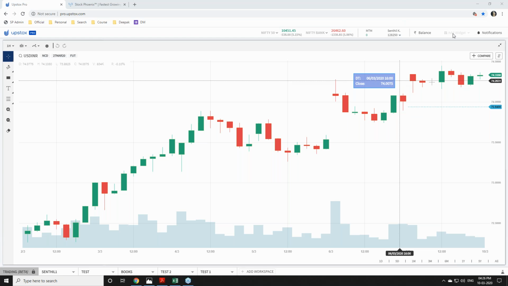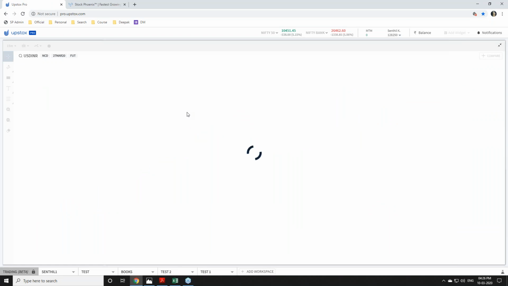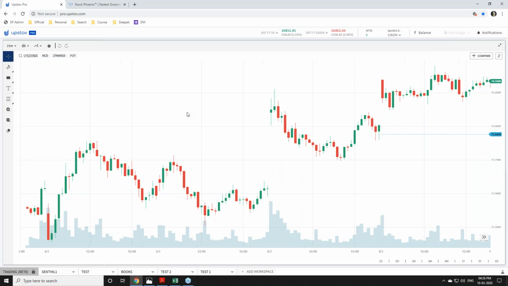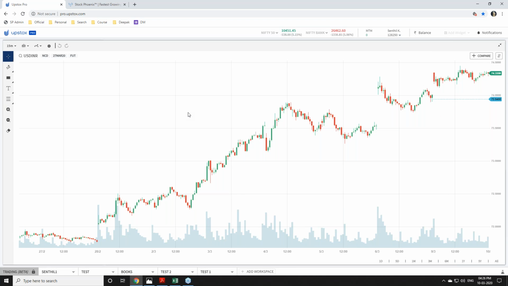So now let's shift down to a still lower time frame, 15 minutes. Because in currency we are not going to trade positionally, we are going to do only intraday trading. Maximum holding period of 1 to 2 hours. With a small profit and small stop loss, we are going to trade. So let's not go for a daily chart for analysis. Yes, we can do that to identify the pivot point, support, resistance, everything. But here that is not required.